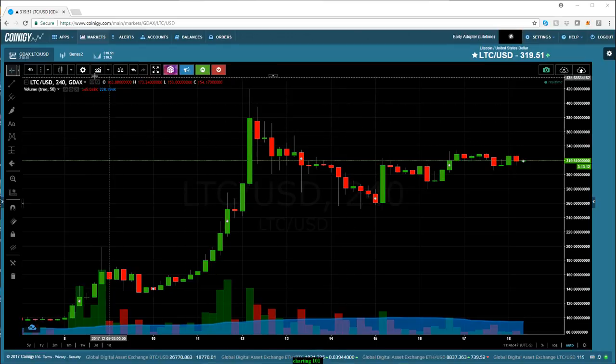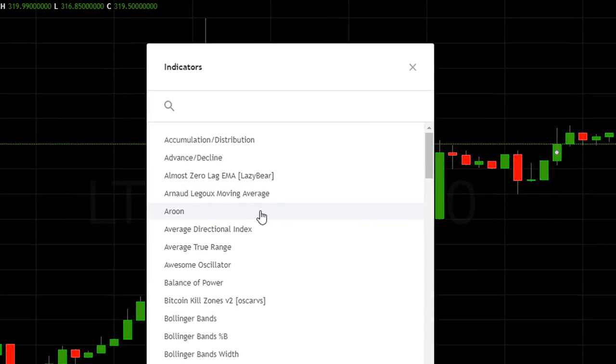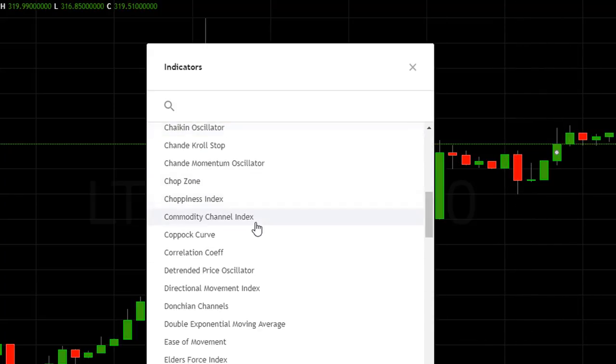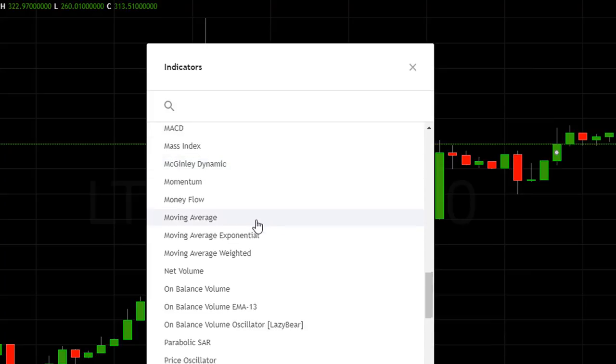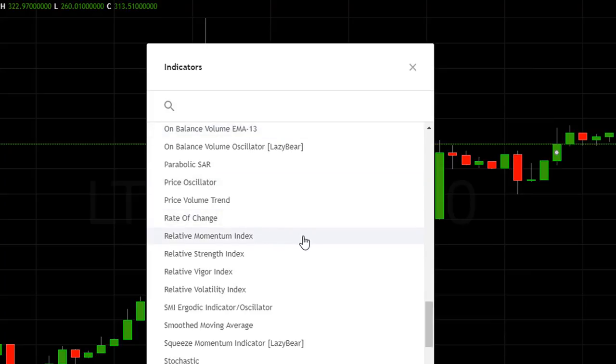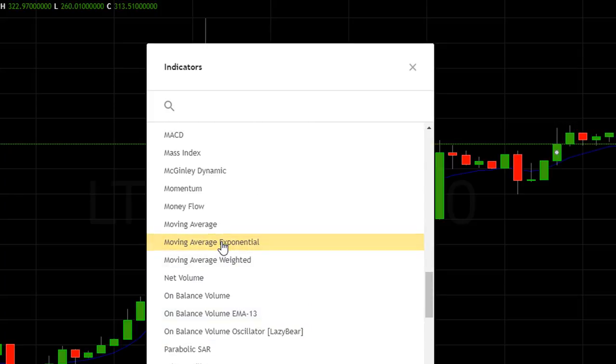Now the next tab on here is your indicators tab. If you click on that, it's going to bring up a whole list of technical analysis indicators that you can apply to the charts. You'll see when you first pull up a chart, the default on this really just gives you volume and then volume trend. But this is a very exhaustive list of analysis you can add to the chart. If you want to quickly just add an exponential moving average, it's under moving average exponential,